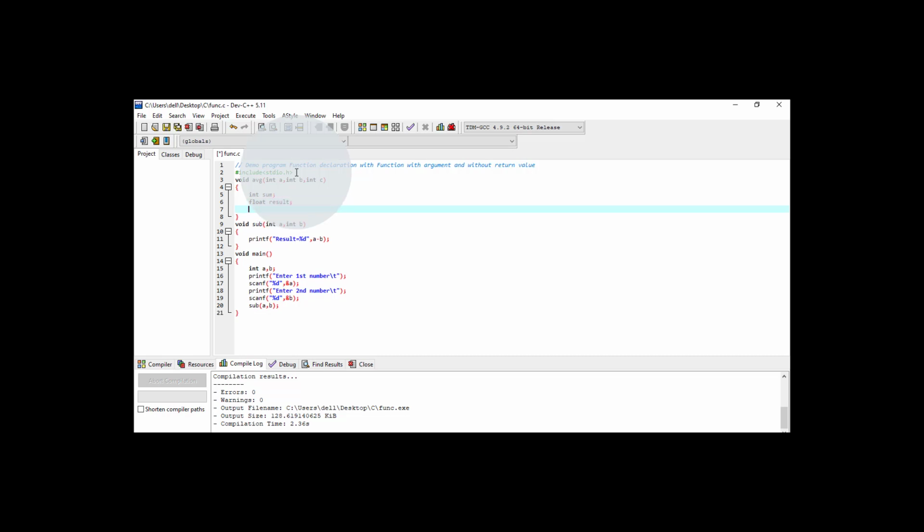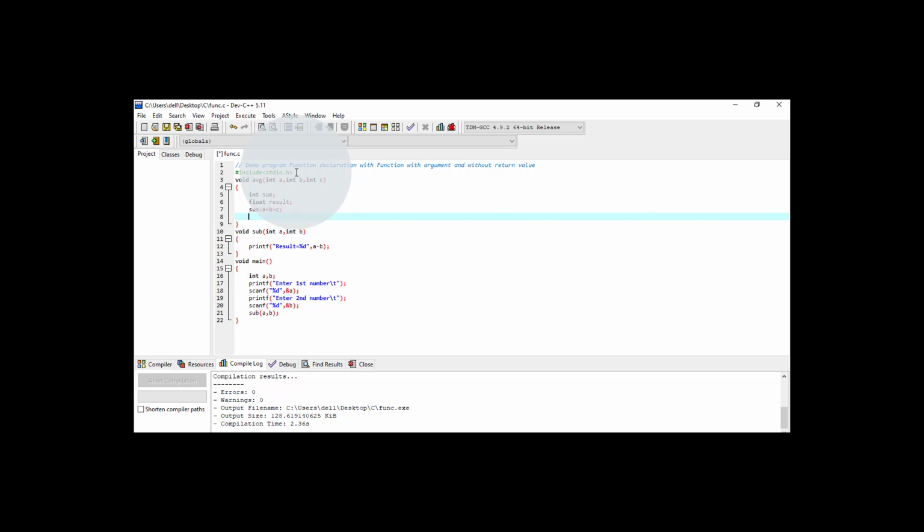And here I write one line, that is sum is equal to a plus b plus c, and here I write one more line, that is sum divided by 3. So this is the formula for calculating the average of the given numbers. Here we have three numbers, so we first have to calculate the sum of the three numbers, then divide the sum by 3. So that is the average of three numbers.